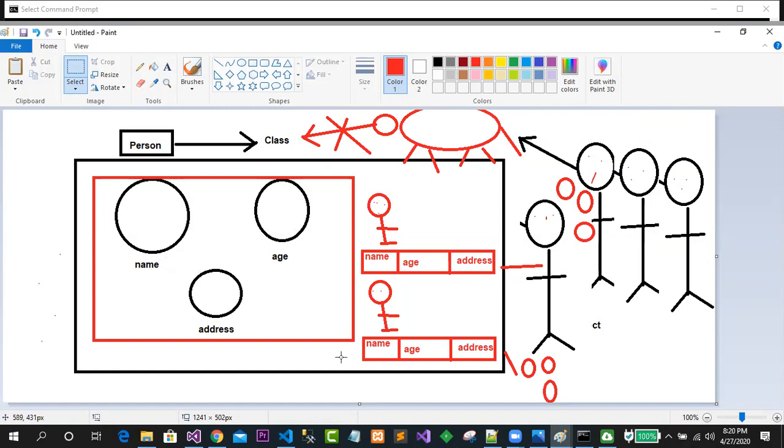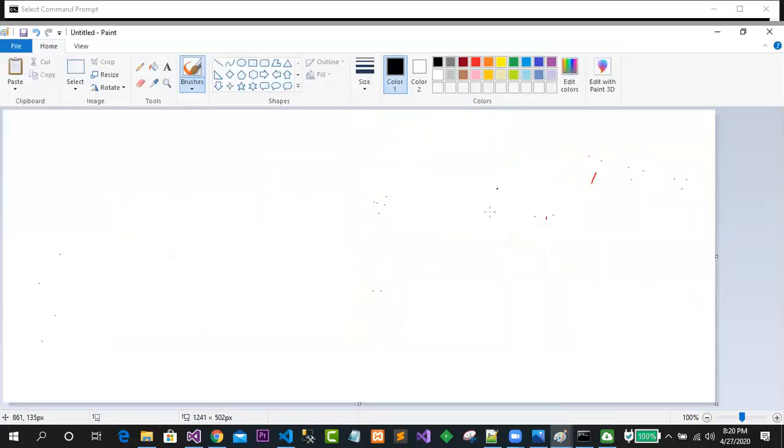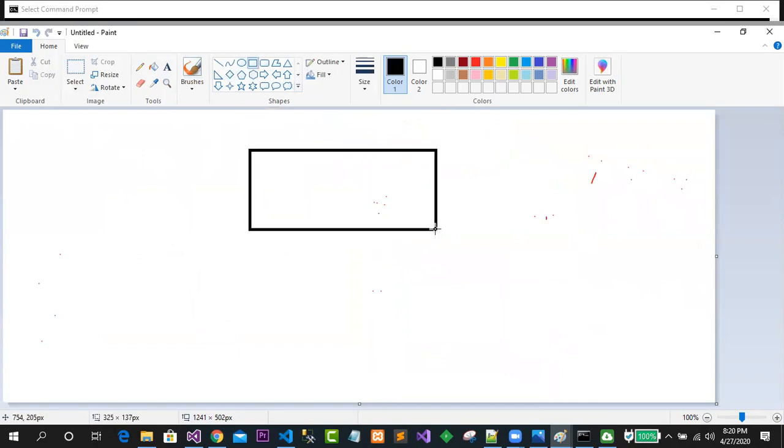Just consider, let me go for another instance of this paint. Imagine a car. Let's say this is a car. You have imagined it. Clear?